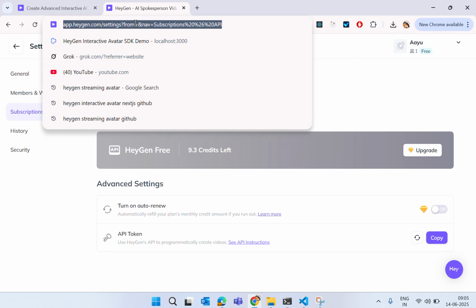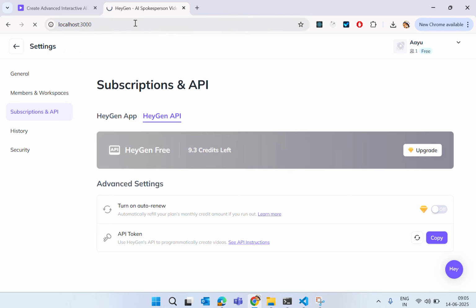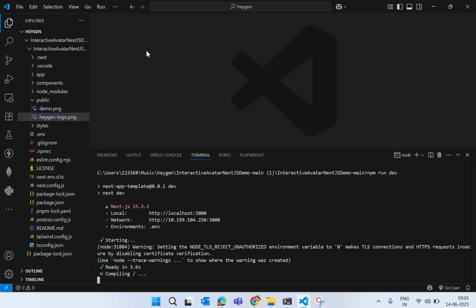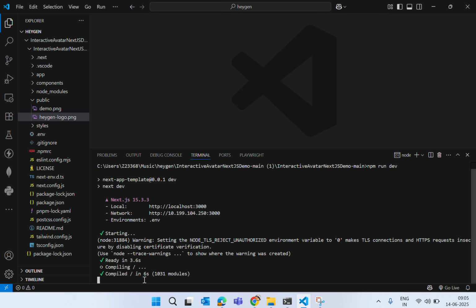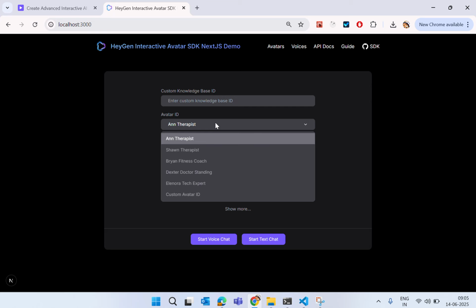So you just have to go to port 3000 and open your application. It will take a little time because it is compiling. Then you can see your application up and running here. You can select the avatar you want to see, like I am selecting the N therapist. She is a female avatar.